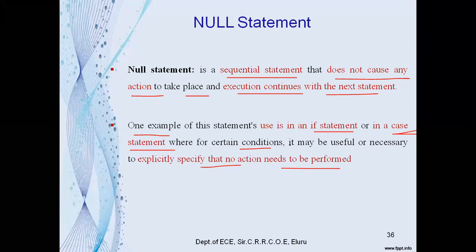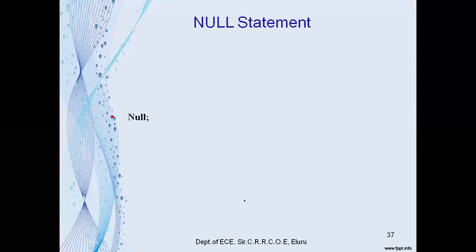So we have seen one or two examples for the if statement and case statement. In the if statement, you specify the condition, and if the condition is met, it executes the instructions, that is, the statements. If the condition is not met, it executes the other branch statements. In certain cases, we have other conditional inputs. To represent an operation with the other conditional inputs, you can also use the null statement. We will see an example here for the null statement.